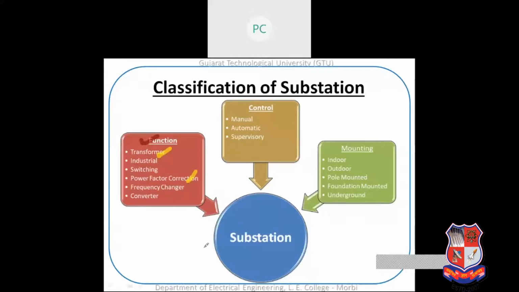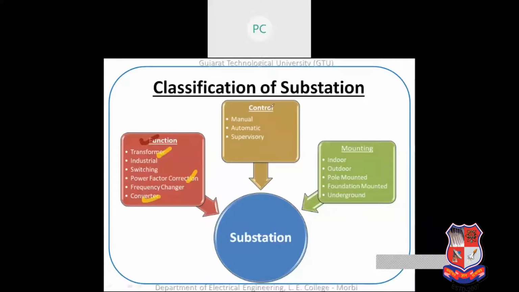Then last but not the least, that is converter substations. These substations change AC power into DC power. This substation receives AC power and converts that into DC power with suitable apparatus, right? So here we are converting the AC into DC or vice versa. The best example for that is what we are using in traction. We know that electric trains use this power. So this is the converter type substation, right?